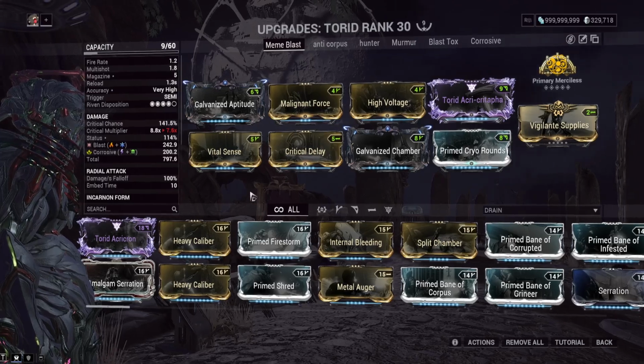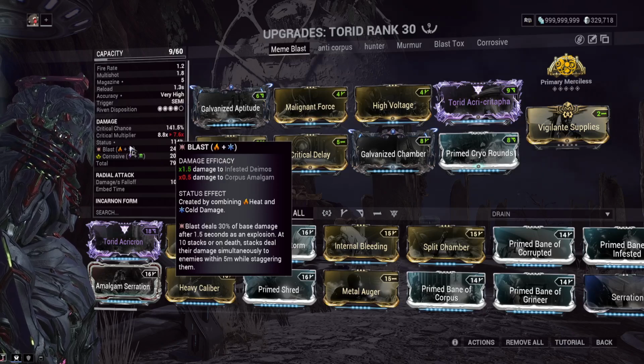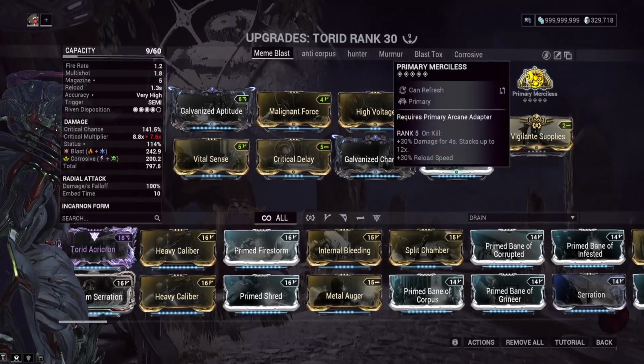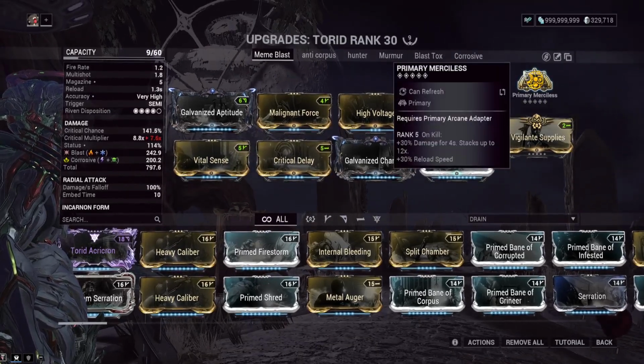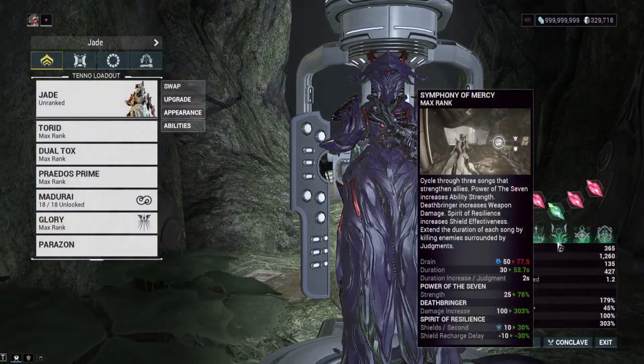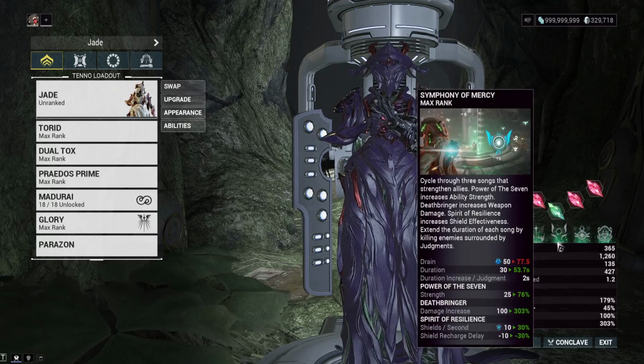But yeah, we had a Corrosive Blast build here. Blast procs were buffed. Now they will do a delayed damage explosion after you hit them, so pretty good. And for the Arcanes, we got Primary Merciless because we're getting so many kills. Now, funny thing here, since we have Deathbringer's 300% damage buff, we don't even really need to use our Merciless Arcane, but this is a nice little chunk of extra damage